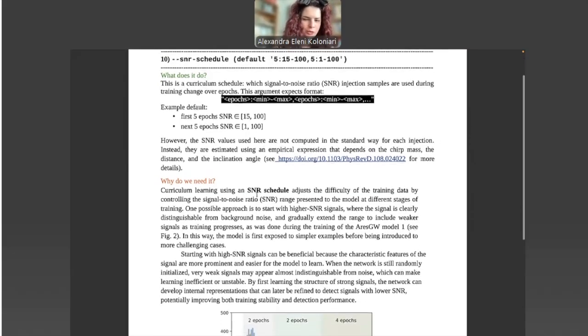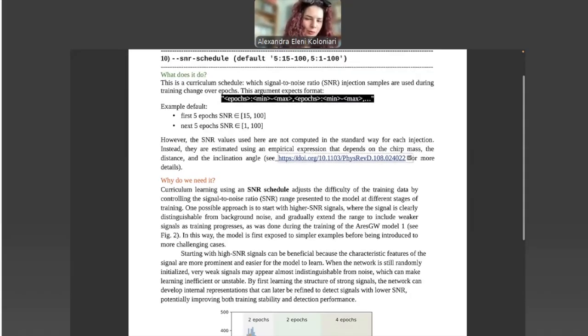I also need to point out here, because we mentioned the SNR, that those SNR values referred to here are not computed in the standard way we compute the SNR for each injection. Instead, we are estimating them using an empirical expression that depends only on the chirp mass, the distance, and the inclination angle. You can see the formula in our paper.